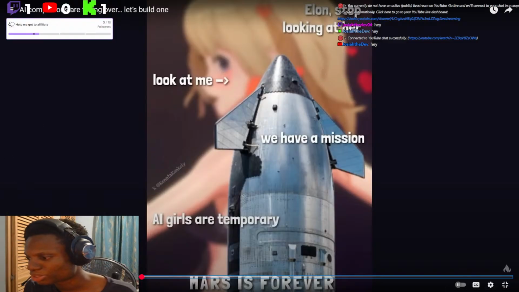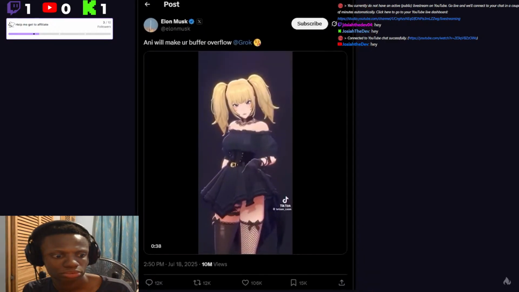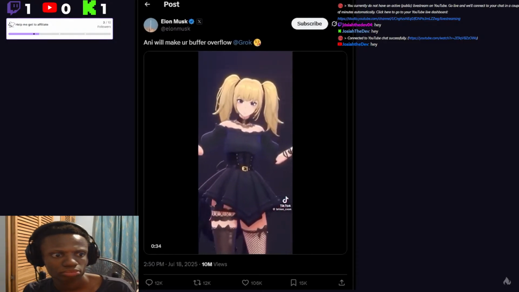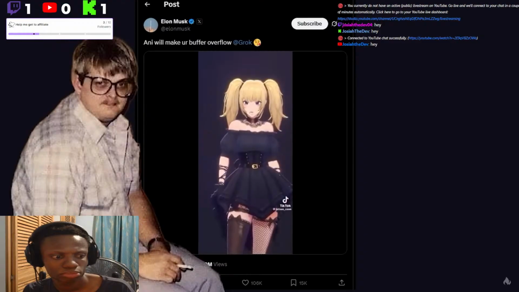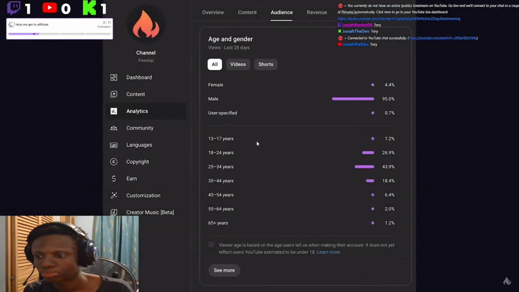And over at X, Elon replaced the mission of making humans a multiplanetary species with an even loftier goal, the goal of creating AI bots that are uniquely optimized to fulfill fantasies of the most terminally online, low-value beta males. Thankfully, that audience is separate from his audience, which is full of terminally online, high-value.